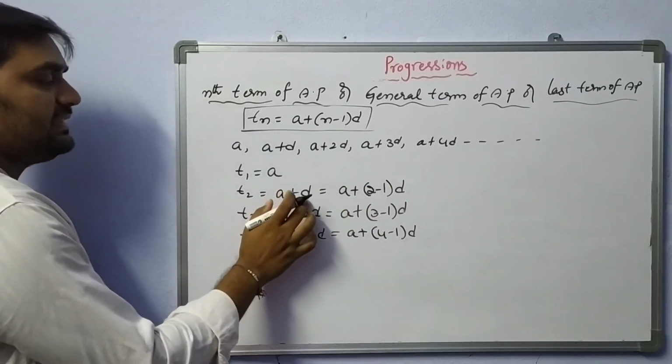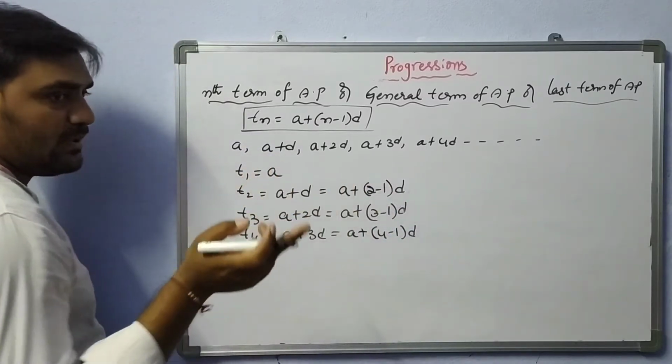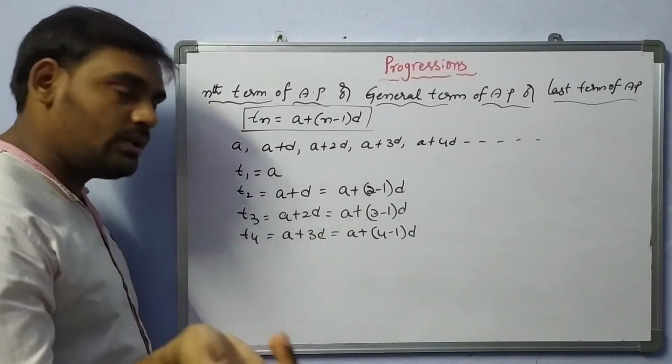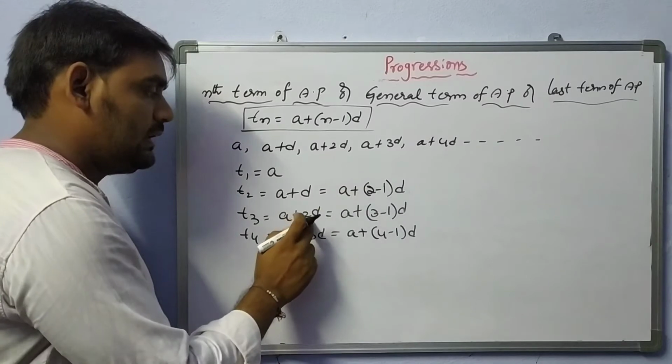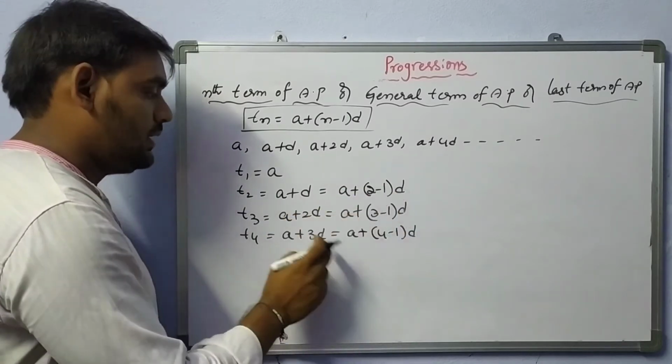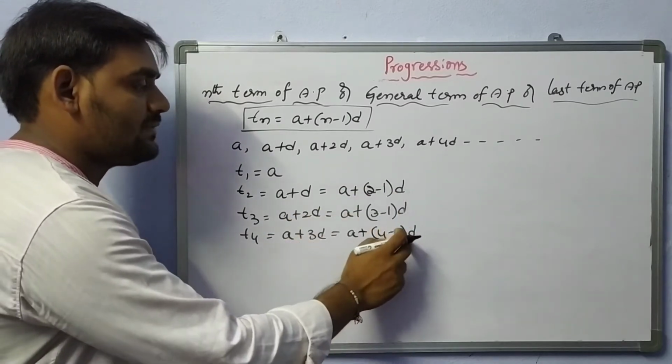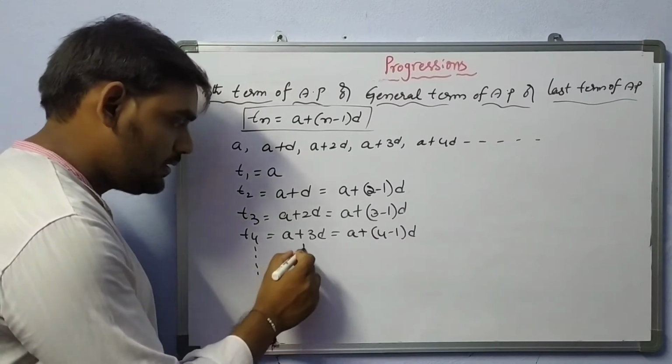So here A plus D. D we can write as 2 minus 1. 2 minus 1 means 1 only. So 1 into D, D only. So here we are writing D as 2 minus 1 into D. Here 2D, 3 minus 1 into D. Here 3D, 4 minus 1 into D. Like that only, if you take